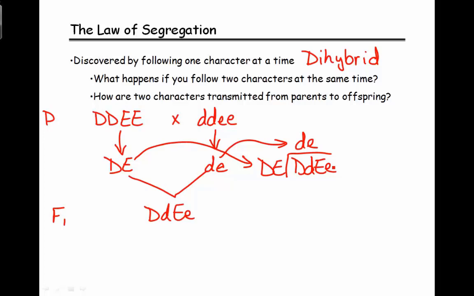Mendel's real question was, what's going to happen in the next generation? So what will happen when this parent right here undergoes meiosis? So how are those eggs going to be formed? How are those gametes going to be formed? So in this case, if we look at how these gametes are going to be formed, we have a little more room on here. If we take our parent,